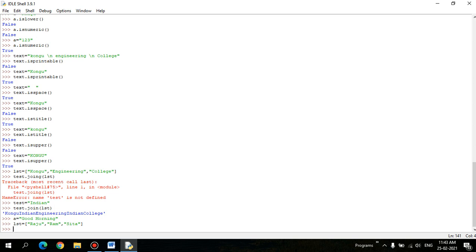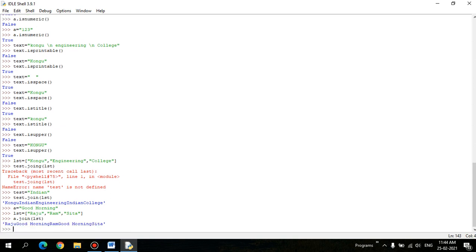Here A dot join of lst, the list I'm going to pass. Look, Raju good morning, Ram good morning, and Sita.